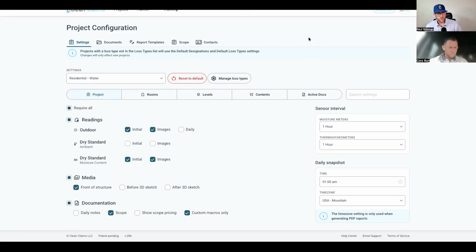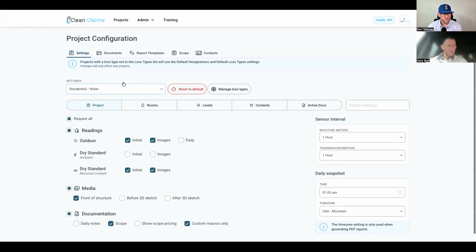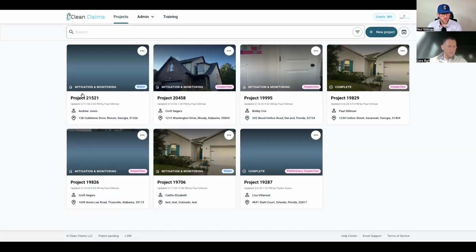So now that we have this set up, and you can set this for whatever kind of project you're doing. So if you did want to do this for initial inspection with the scoping, you can turn this on. You have that full control within CleanClaims. So we're going to go ahead and